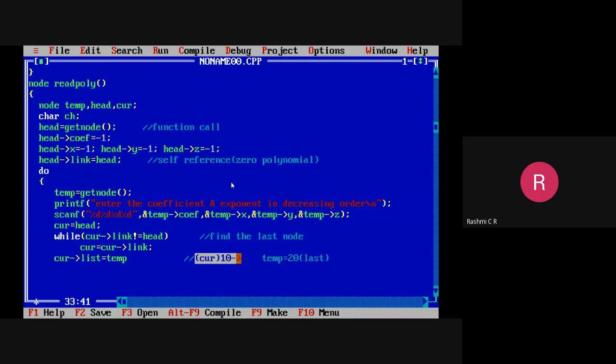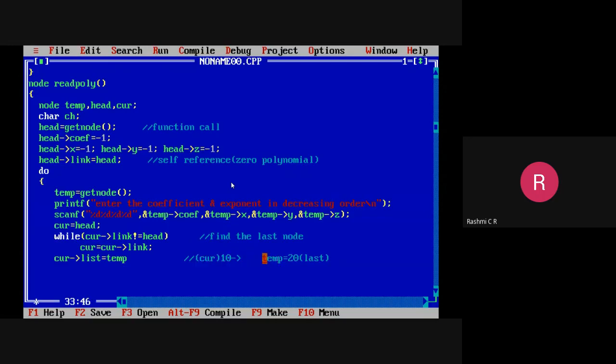That is, after 10 you are trying to add, so hence we are changing the link of this 10 to 20.